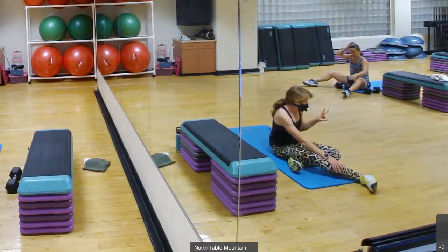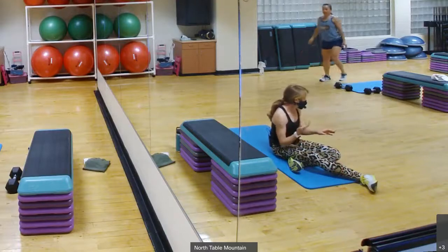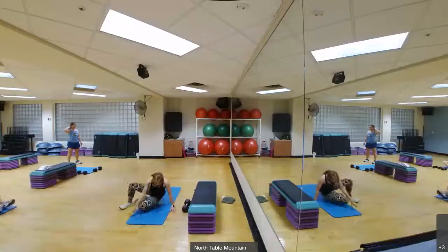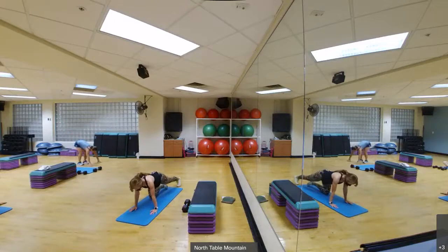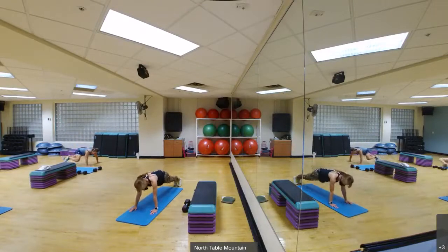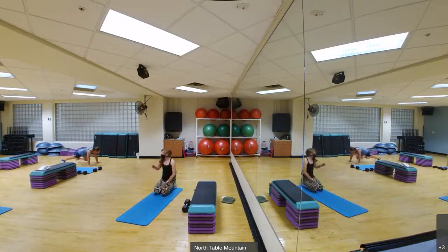So there are 2 options for doing this. One is to do a plank step forward, and it's a little bit more of a stretch like we did in the warm-up. The second one is that that foot doesn't touch the floor. So we're here, knee comes towards an elbow, goes back. And then we do the other side, knee towards elbow and back. You can also try this from the knees if you're not quite ready for a full plank. Just remember to keep your butt down, but your hips up so you're making that straight line through your body,